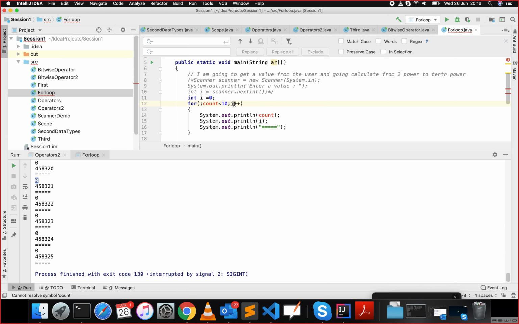Okay, let's go back to our original condition. You don't need to initialize it here; it is not mandatory. You can initialize outside also. You can do this, and it is a perfectly valid statement. I'll just remove these two. Okay, if I run this one,